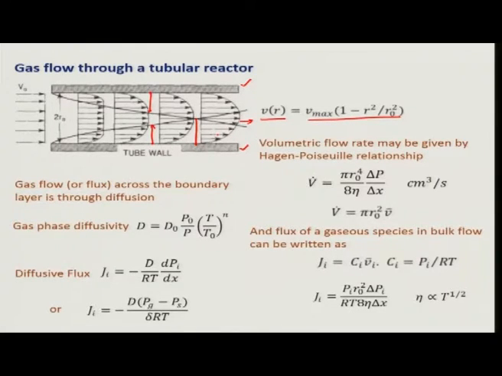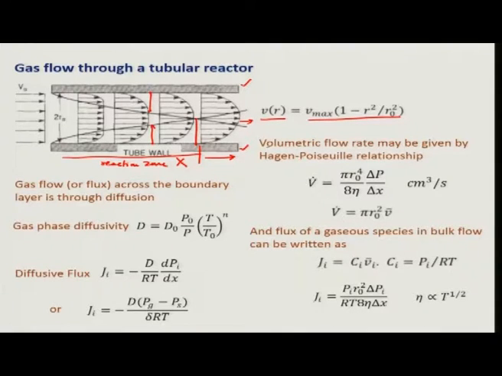Okay. So, if we are designing our tubular reactor for chemical vapor deposition, we should make sure that this is not my reaction zone, okay, because the flows are not stable. There are different flows at different positions, and the boundary layer thickness is different, but beyond a certain distance my boundary layer thickness will remain constant, and we can use this region for uniform deposition of the film. Okay.